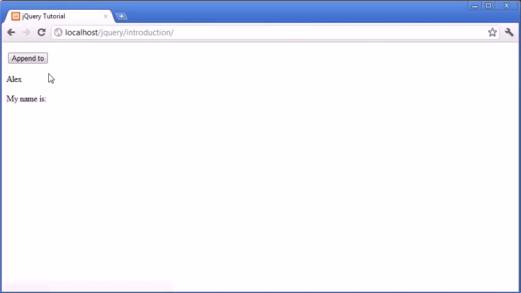Let's just open up our browser and take a look at this. Okay, so we've got Alex just here. When we click appendTo, this Alex here should be referenced and appended to the end of here. Let's go ahead and click it. Okay, so you can see that we have a slight problem, and that is the fact that I have Alex